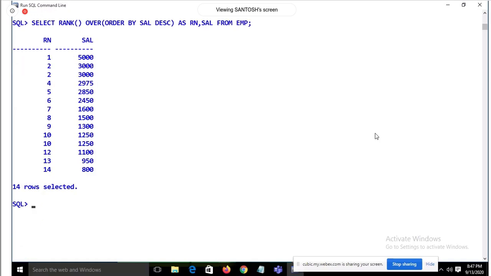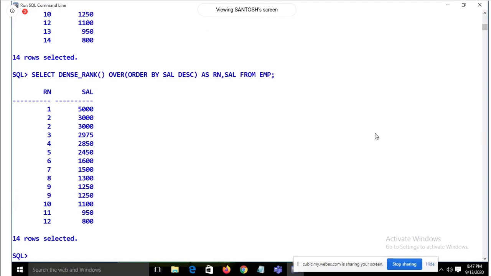So what can we do in the place of rank function? The best thing that we can put over here is dense_rank. Now we are getting 1 for 5,000, we are getting 2 for 3,000, we are getting 3. Oh, that's great. We are getting 4, 5. So we don't have the gap. We are having the same rank for the duplicate values. So everything is perfectly fine now. So this is called the ranking function: row_number, rank, and dense_rank.